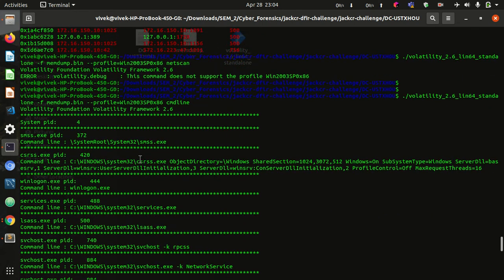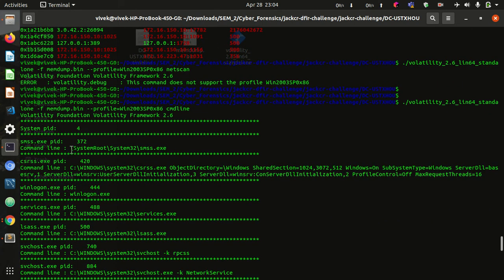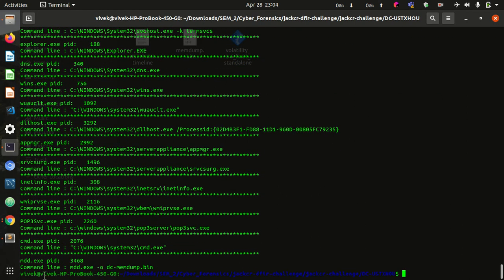So here we can see the recent commands it executed. The last command executed is this memory dump dot bin, the command through which this memory dump file was created. And before that all these commands were executed.